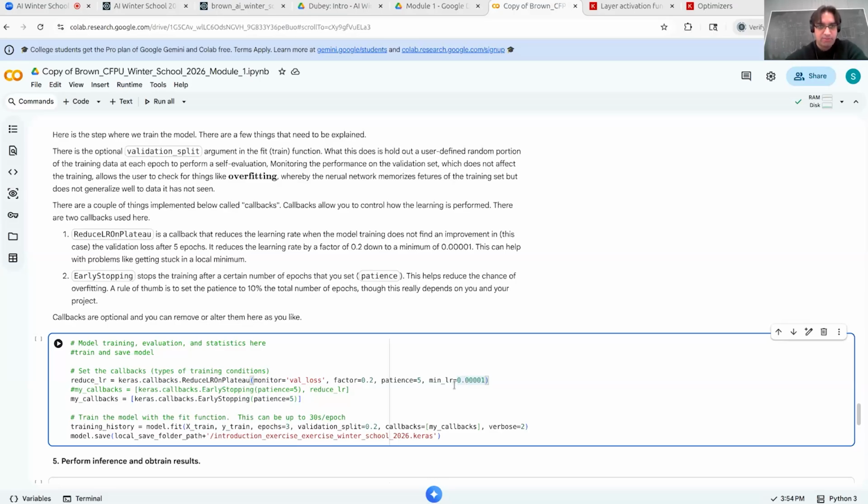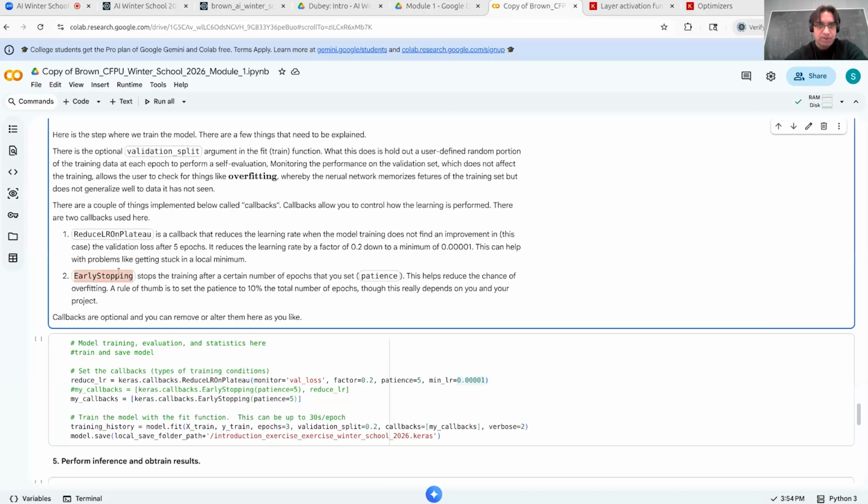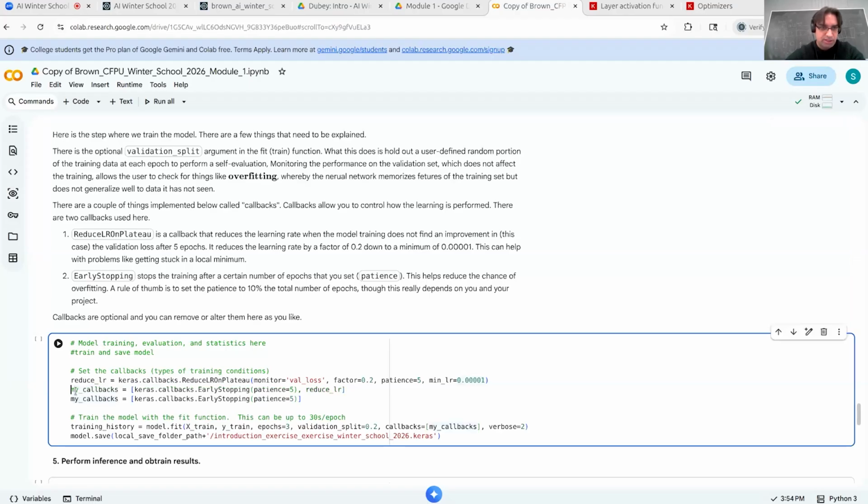The other callback I have is called early stopping. This stops the training after a certain number of epochs, which you set, which is the patience. And this helps you reduce the chance of overfitting. A good rule of thumb is to set the patience to 10% of the total number of epochs. If you're training for 100 epochs, set the patience to 10 epochs. And again, you can use this or not, but I didn't train it for very long, so I commented this out. But this will stop the learning before the model starts to overfit,